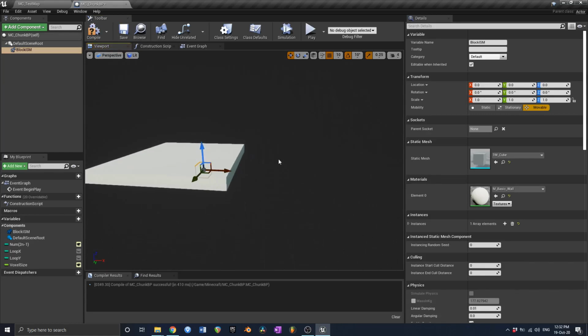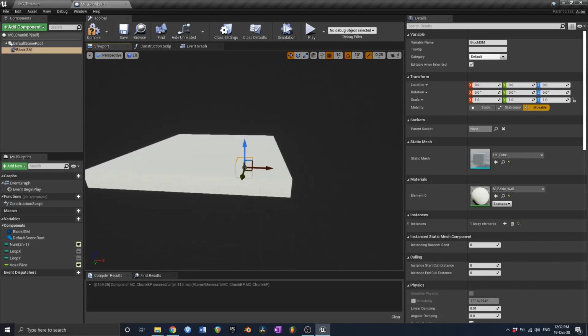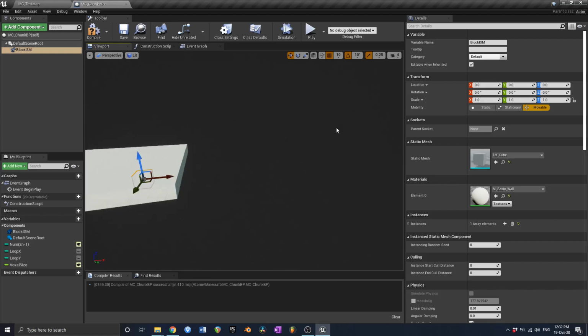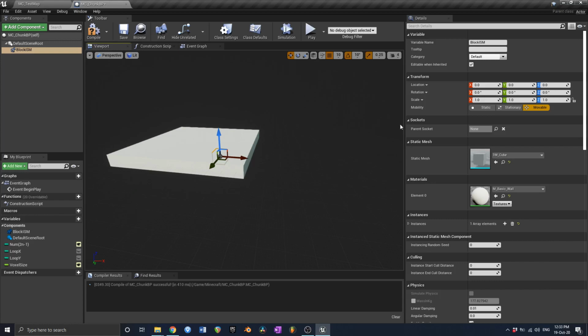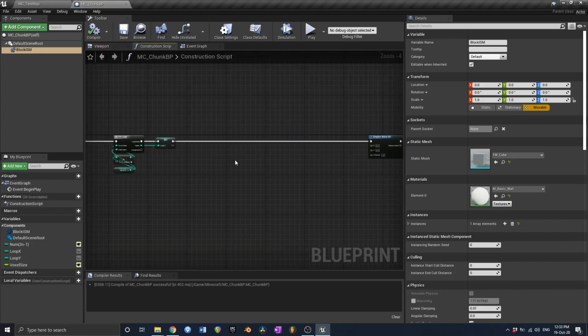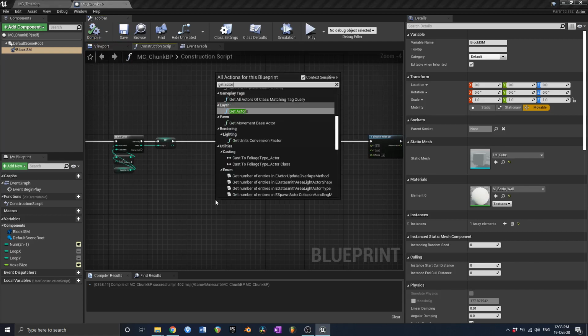So if this is one chunk and we want another chunk here, if we're just using the local coordinates of the blocks, then we're just going to get the same repeating pattern of chunks. But what we want is a continuous noise function across multiple chunks. Hopefully that makes sense. So the first thing that we're going to need to do is probably get the actor location